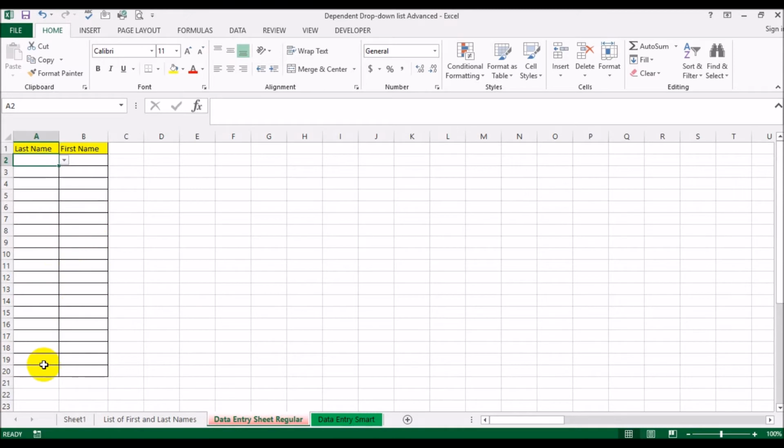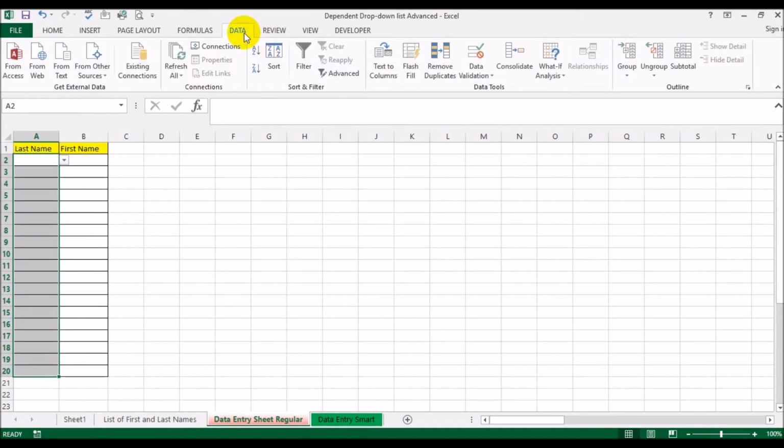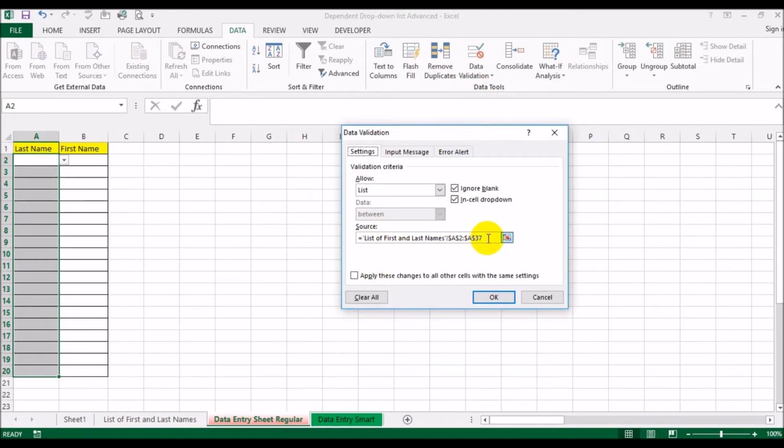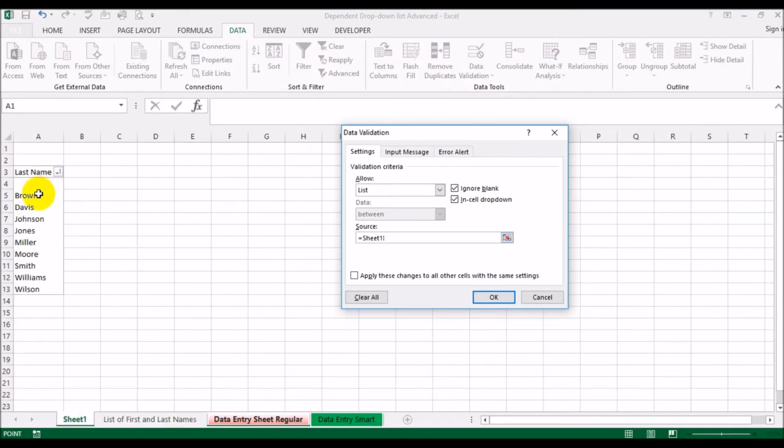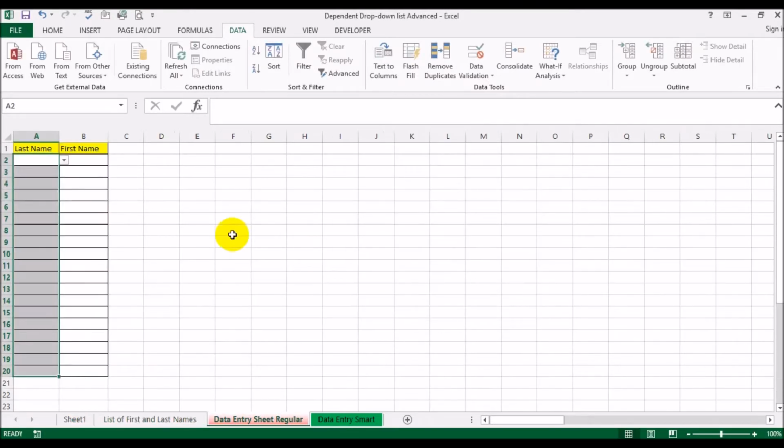Now we'll go ahead and redo the data validation, and this time the data is coming from here. Now you see Brown is only showing up once, everything is showing up once, it's all nice and dandy. But now the problem that we run into is